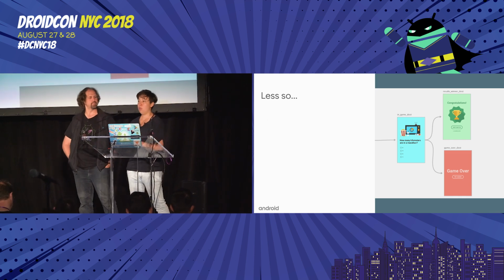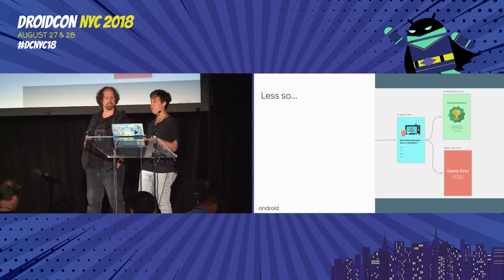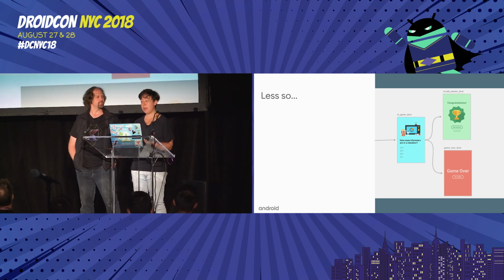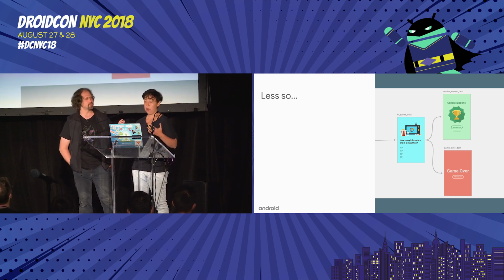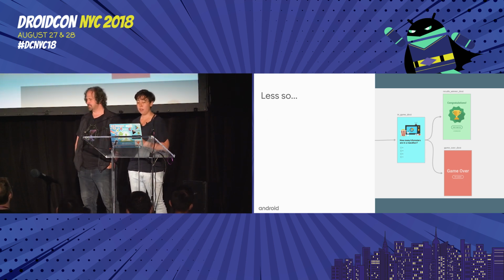So let's take this example. We're playing a game, and we have to decide whether the user has won or lost, and depending on that, send them to one of these destinations. So a decision needs to be made here, and it might be based off of things like the user's score or what difficulty level they've selected, or if they're playing against another player. So all of this data is usually not floating around in the fragment.